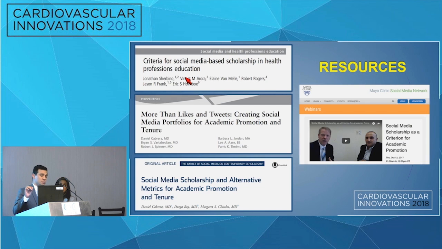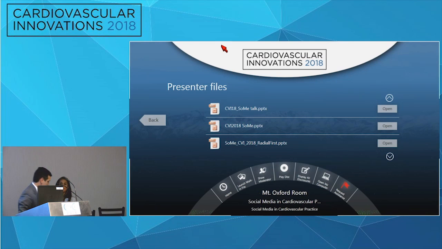And for people involved in education who really want to put this into some sort of program, there's this paper by Cervino on social media and health professions education that will take you step by step through how to bring this into your institution so that it counts and has value. So again, just something to think about for the future. Thanks.